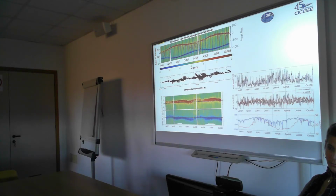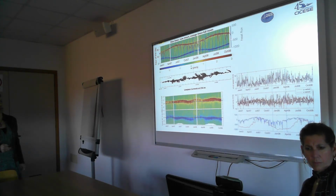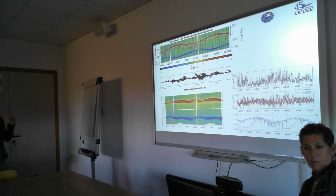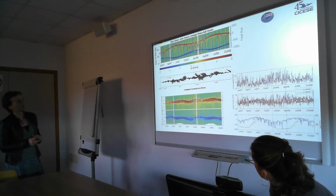Here I calculated all the vertical velocities and the timing of these velocities. If you can see here the lines with the sunrise and sunset, the black line, and the velocities are the colors, you can see that all the negative velocities are along the sunrise and the positive velocities are along the sunset. There is some delay here, for example, during the winter